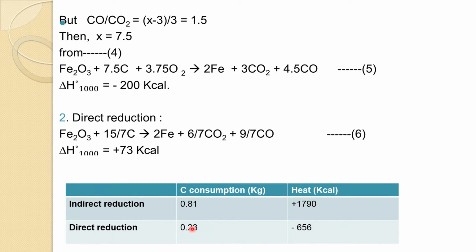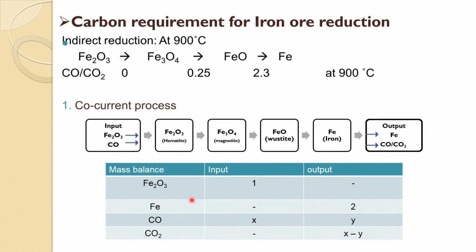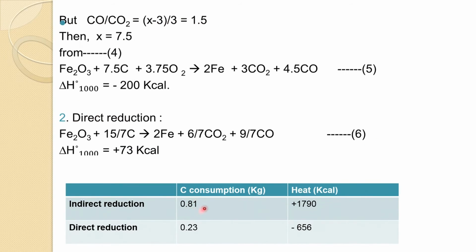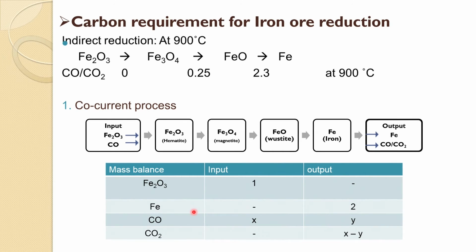produced per mole of iron. So, which means that indirect reduction is giving quite high carbon coke consumption. Now, we will talk about another point here, and that is again we are taking an indirect reduction, but now